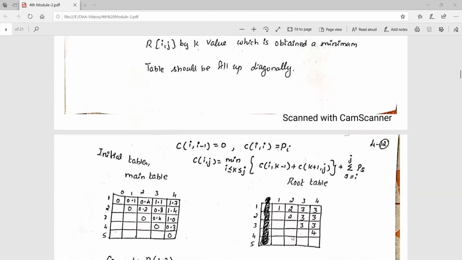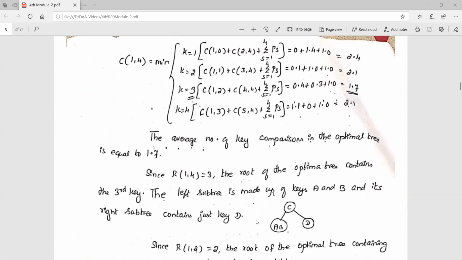Now using the root table, you have to construct the optimal binary search tree. We will see how we can construct it. The average number of key comparisons in the optimal tree is equal to 1.7, that is C of 1 comma n. So how can we construct the tree? We take 1 comma n, that is r of 1 comma 4.